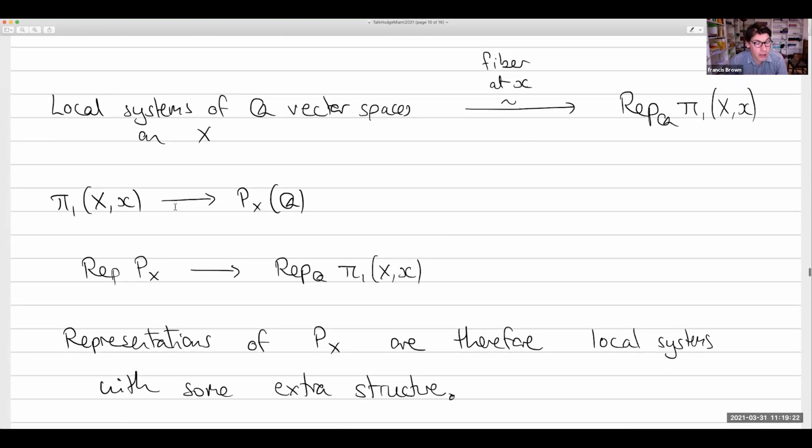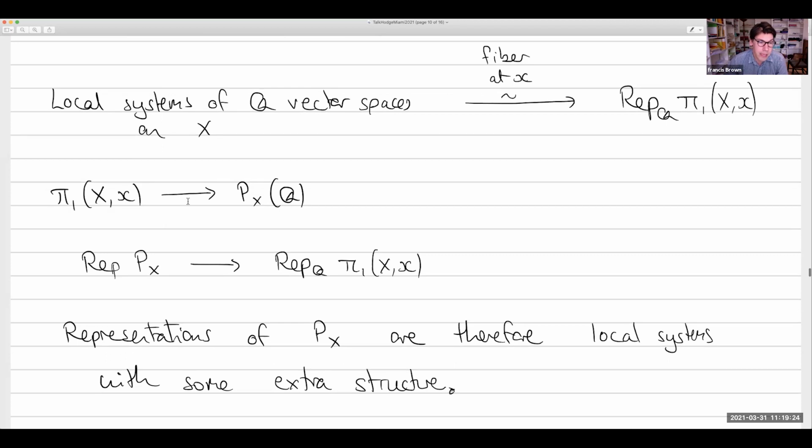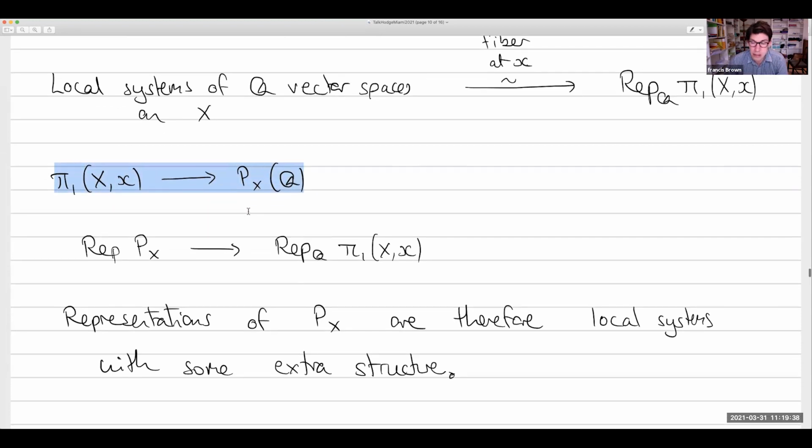Now, one of the properties of this object P, which is some kind of yet to be defined completion of the fundamental group, is that it has a map from the fundamental group into its Q points. And so that tells us how we're going to have to define it,